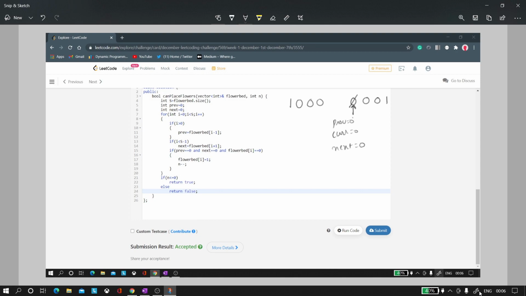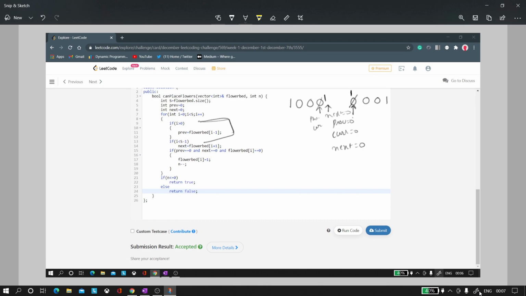So in this case, we are going to place one plant over here, and in this case, we are starting with next equals 0 and previous equals 0 and current is 0. So in this also we are going to decrement by 1. So these are those two cases which I have written over here in the if statement.